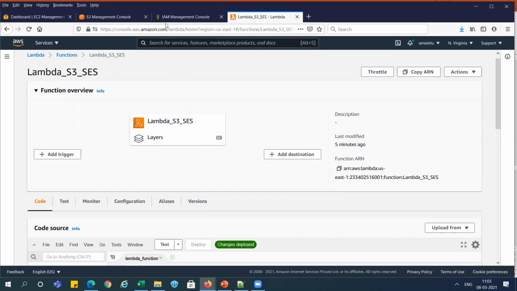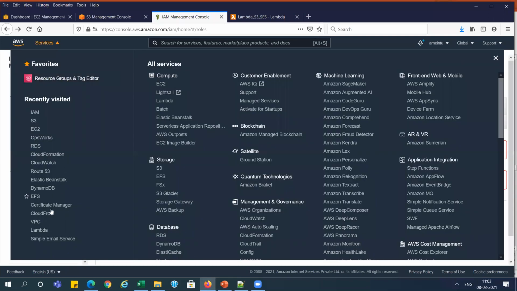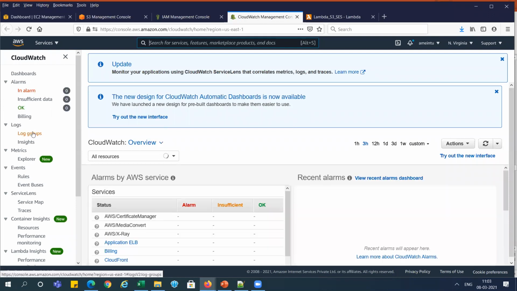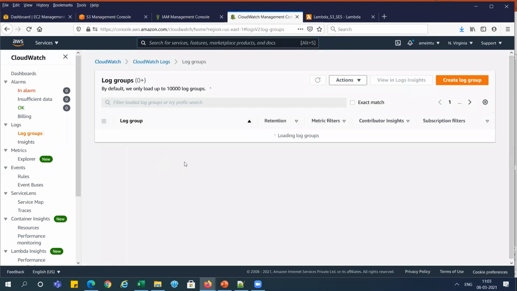So let me open the CloudWatch. You can see we don't have any log groups. We don't have anything, right? When it runs, it will create the logs over here.